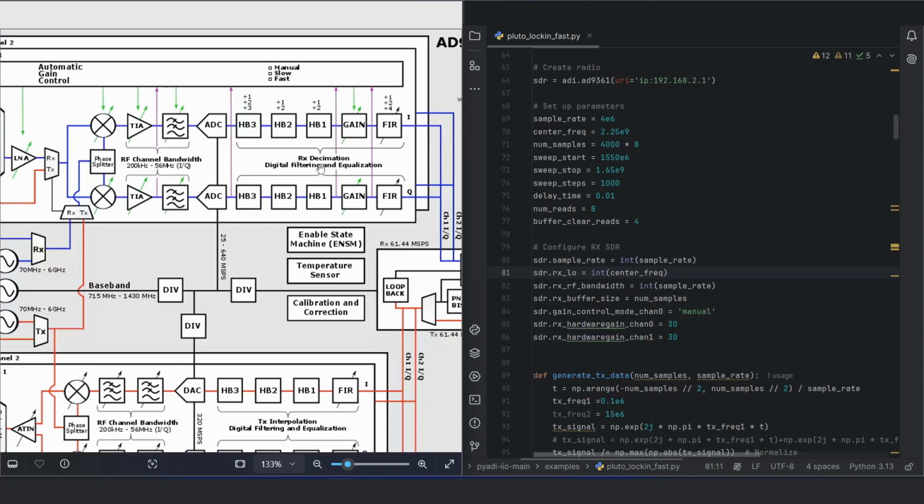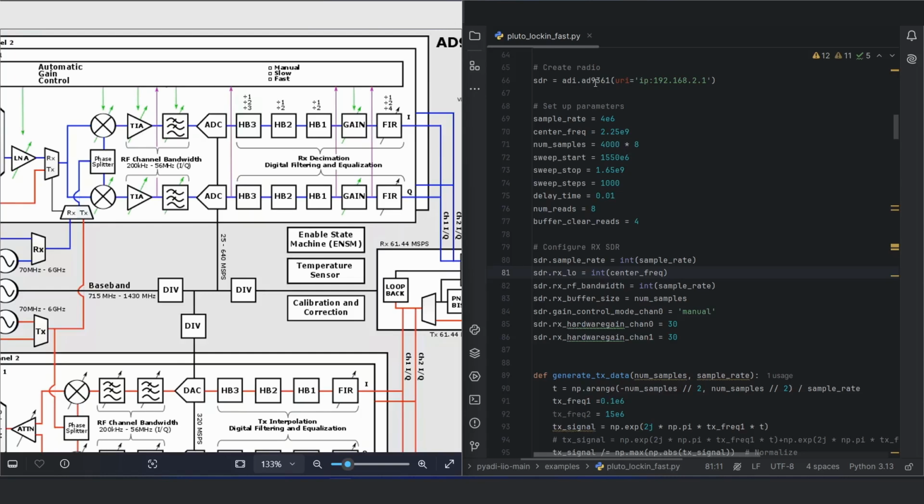So this is why we have these RX estimations and filterings here, to make the output ADC speed compatible to the output of the USB 2 connections we have here, right? So this is one thing to note here. There we can try playing with the firmware to, instead of using